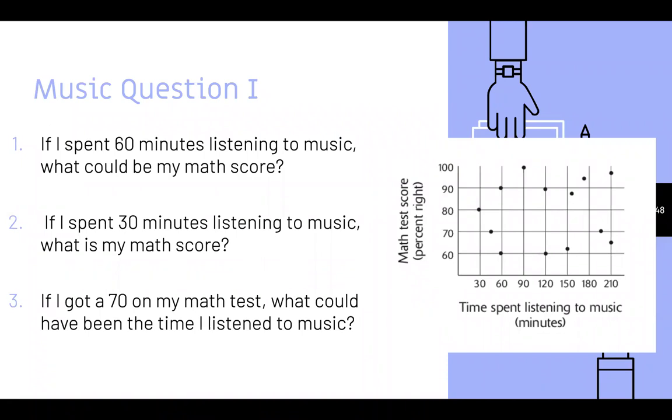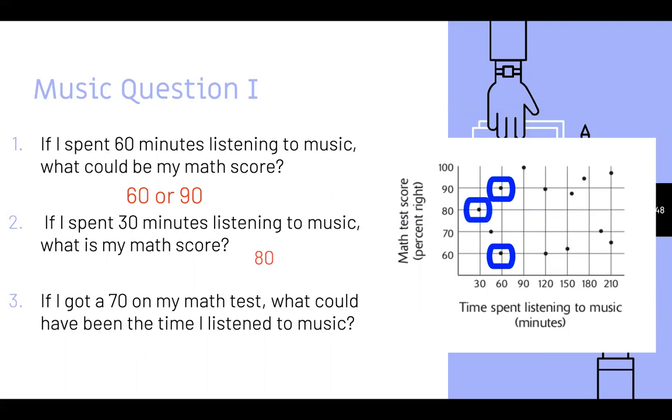Music question. If I spent 60 minutes listening to music, what could be my math score? Well, we go to that 60 number at the bottom and we go up and we see that my two scores could have either been a 60 or a 90. If I spent 30 minutes listening to music, what is my math score? So we gotta go down to that 30-minute, go up to where it's that point, and that point's at 80